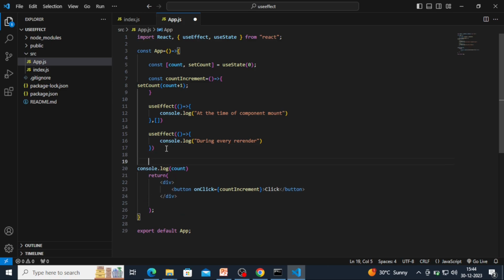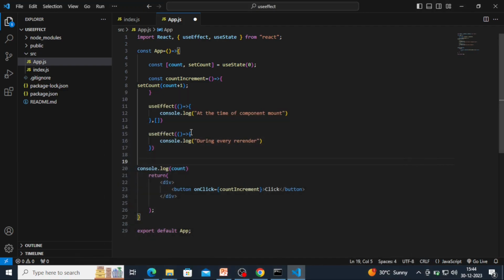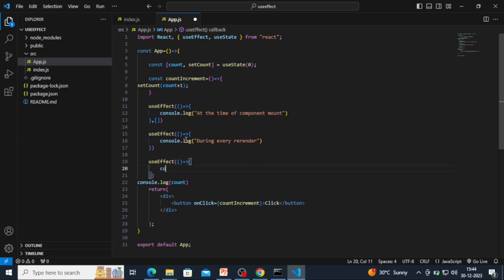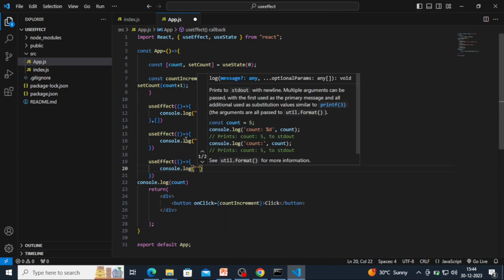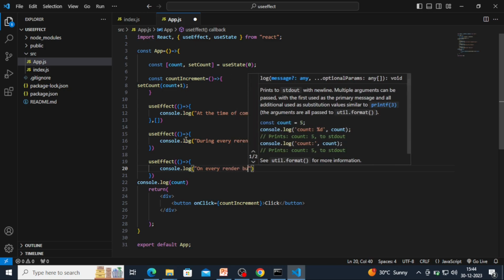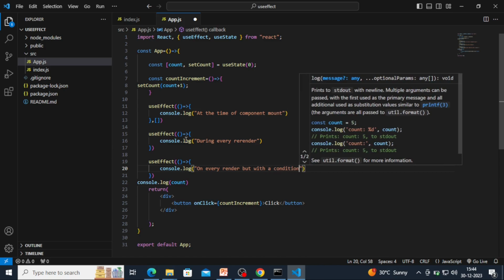So the third topic is use effect on every component render with a condition. Okay, so here we will define use effect again. Block, every render with condition. Okay,